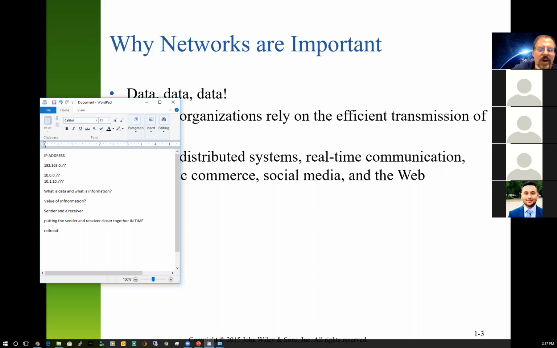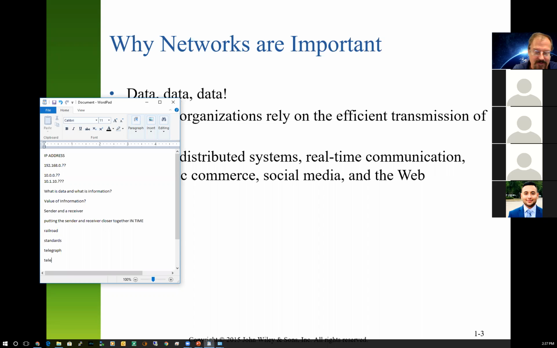So with the invention of railroad and rail, this also brings in the concept of standards. Standards are very important in networking. We could get that letter across the country in a couple of weeks. And then trains started getting a little bit faster, and in 2 weeks. Then with the invention of something called the telegraph,